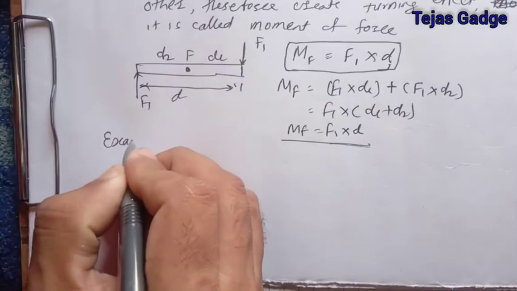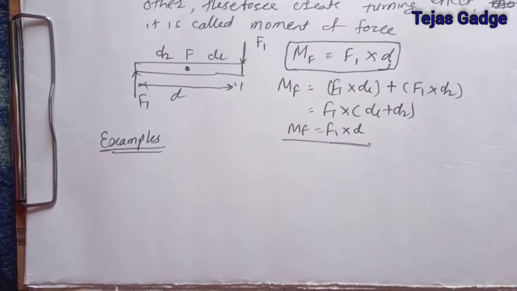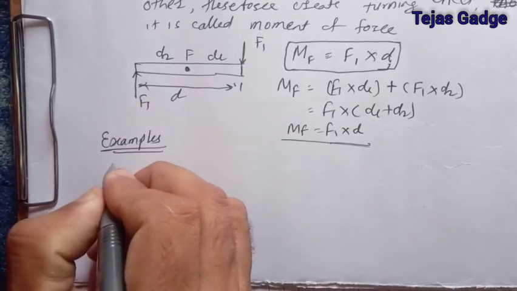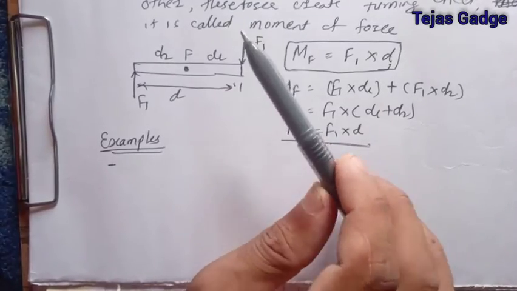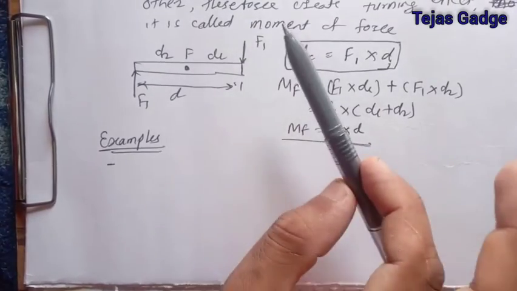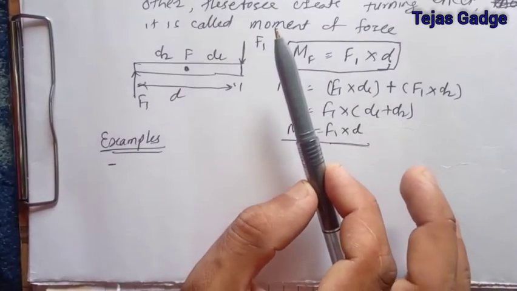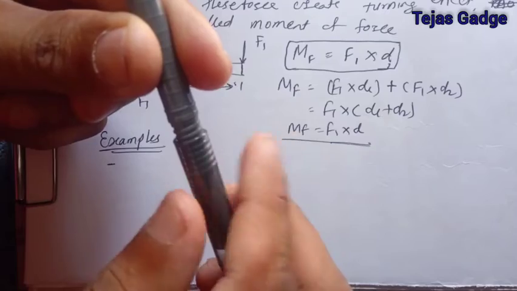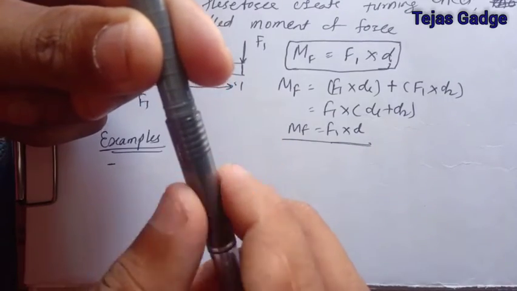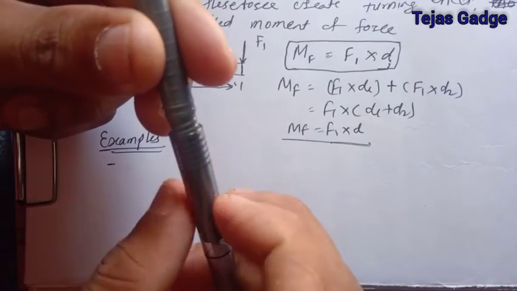Now, examples. The first example is similar to a nut and bolt arrangement, like a screw. Have you seen this pen? This is our application, a very basic application. I write regularly with it, but the basic application is here. This is a screw arrangement, you can see. What am I doing here? I am tightening this cap onto the pen.